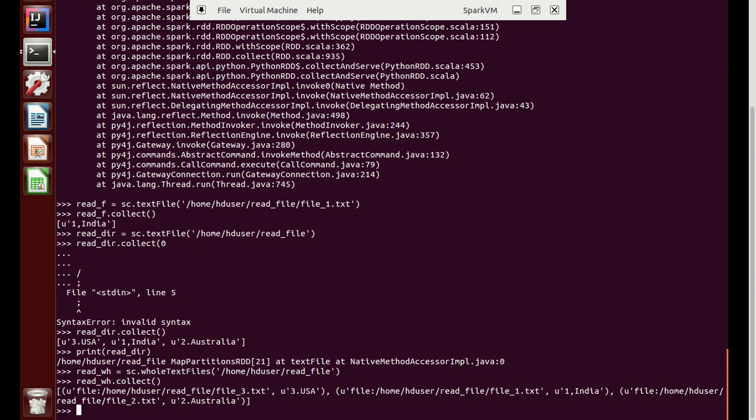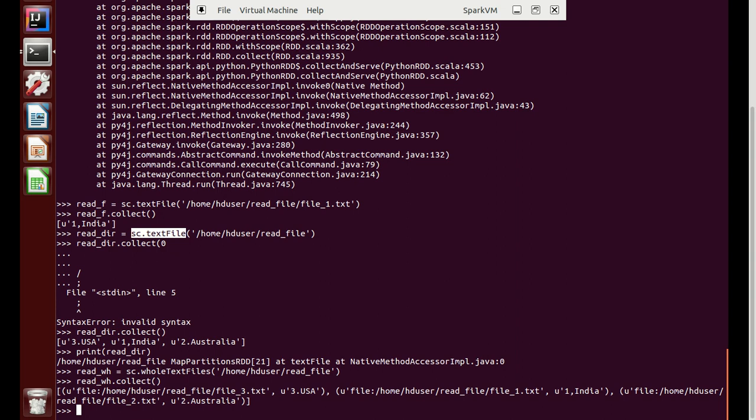When we are reading the directory with text file, we are getting all our output in a list, and this U is Unicode. It's different types, ASCII, Latin-1, and it tells us that this is in a Unicode format.